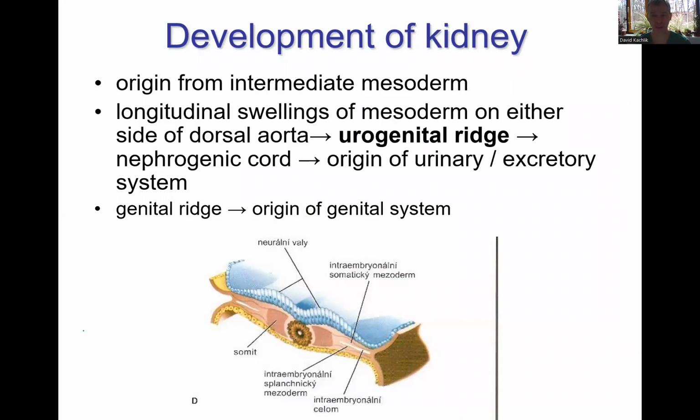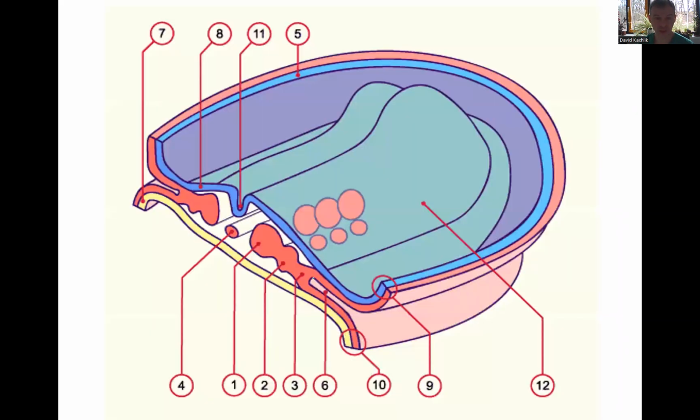So the development of the kidney, as I said, happens inside the intermediate mesoderm. The intermediate mesoderm gets thicker and forms a ridge, which is called the urogenital ridge. So it's this area, and you can see the ridge here. It's a urogenital ridge, so it produces not only the kidney but also